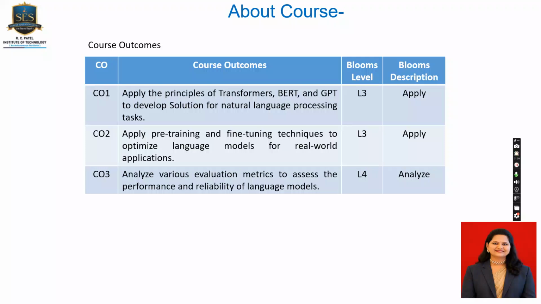Next are the major course outcomes. Course outcome first is to apply the principles of transformers, BERT, and GPT to develop solutions for natural language processing tasks. Course outcome second is to apply pre-training and fine-tuning techniques to optimize language models for practical applications. Course outcome third is to analyze various evaluation metrics used to measure the performance and reliability of language models. These outcomes focus on applying, analyzing, and evaluating modern AI models. In the next slides,